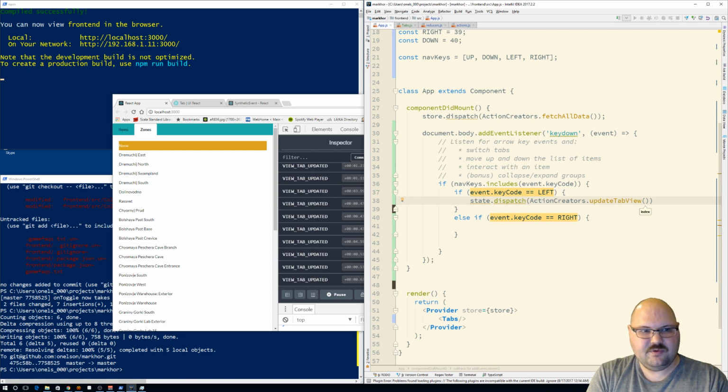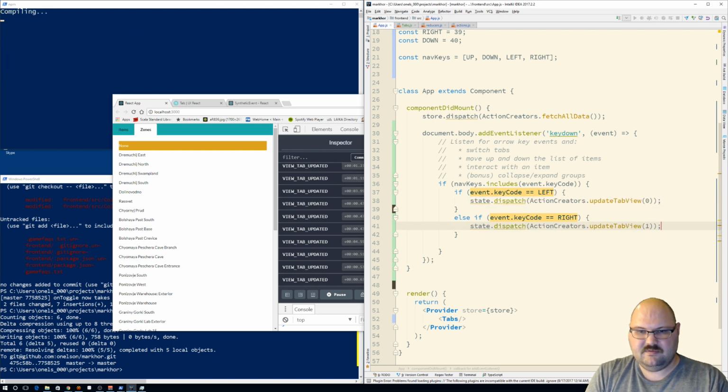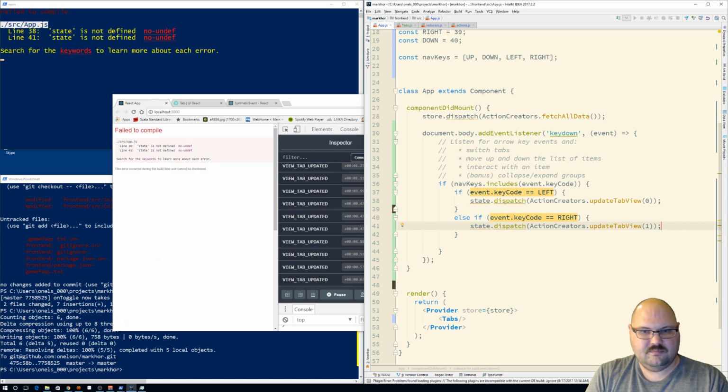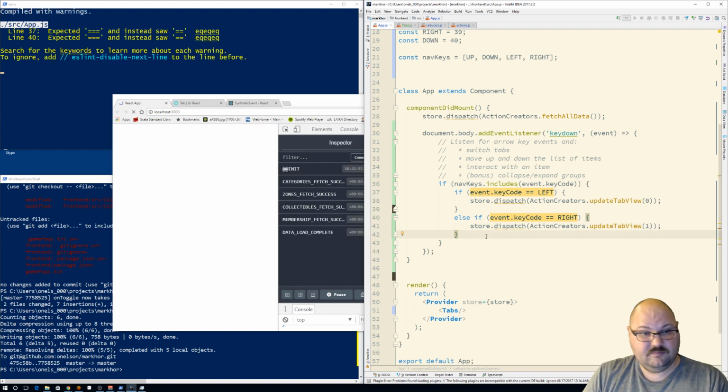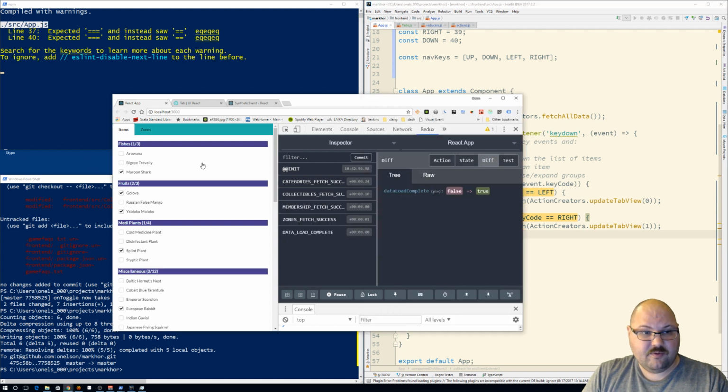We're going to update tab view to 0 if we do left, and 1 if we do right. Right. Store, not state. Which is really just a point of view, but it matters. So now,